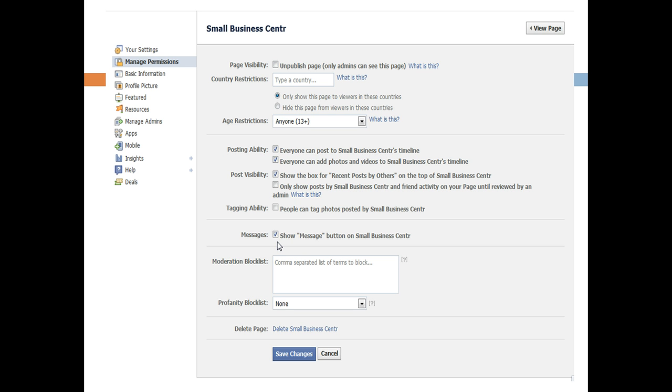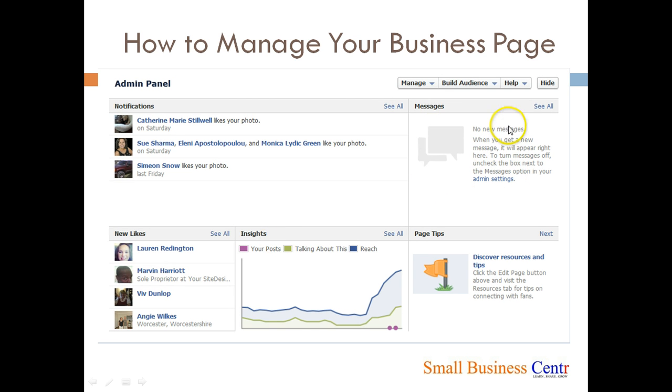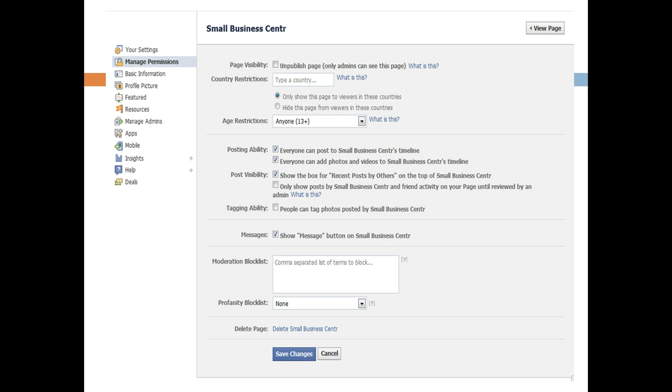So if you're not checking your administrative site very frequently, you may want to take that out. But that again is a decision that every business has to make individually. Now, where the message will appear, if I can go back for a second, will be here. Any new message that is sent privately will appear here, and then you can reply to that. Right, going forward,